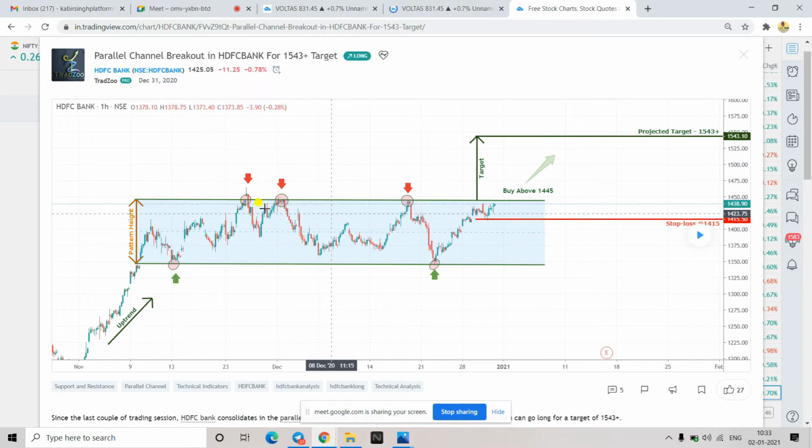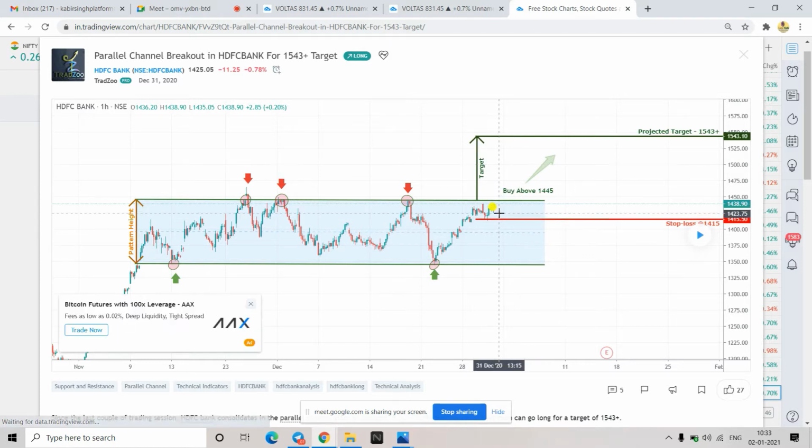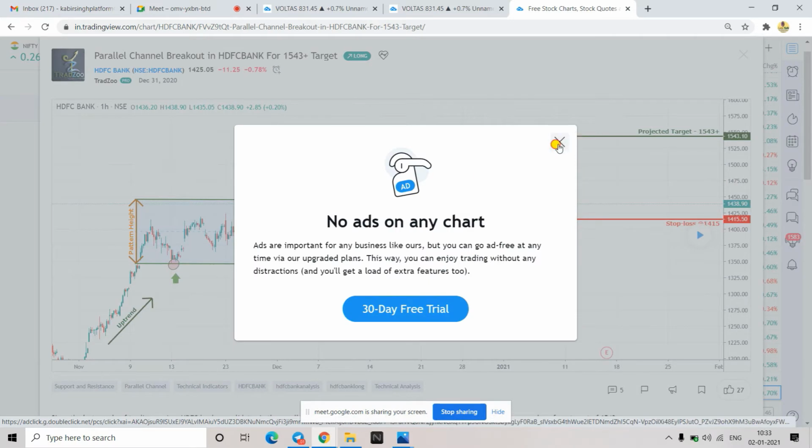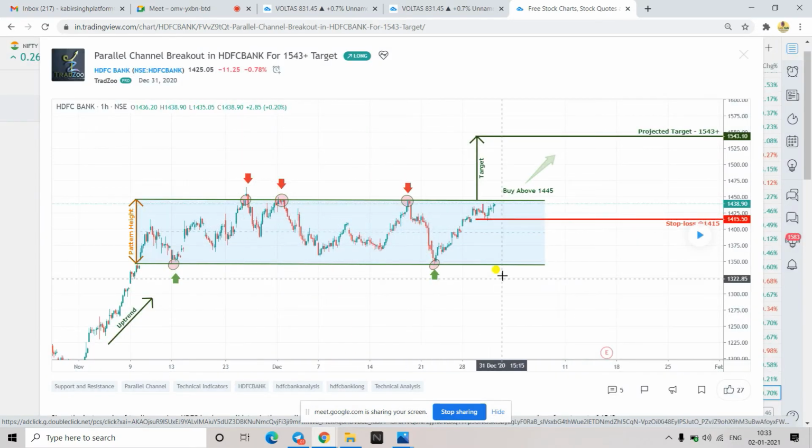There is a resistance at the top and a support at the bottom. Once it breaks this with a good candle, you can anticipate it will go further high. If it is rejecting from here after forming a bearish pattern, then you can anticipate it will go down. Following, right? Yes, this is also a kind of parallel channel, because you could see the distance is almost similar on each side.